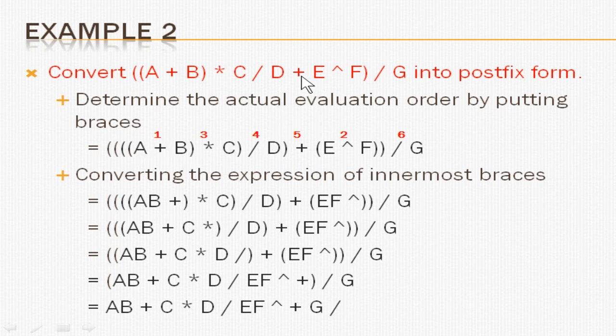And then you have a plus sign, which is also inside the bracket. So it will be evaluated last there. So you have to enclose that again in an outer bracket. Now finally you have slash g. Okay, since all the remaining operators and operands are inside the parenthesis and g is outside the parenthesis, that will be evaluated last. So that will be given the sixth number.